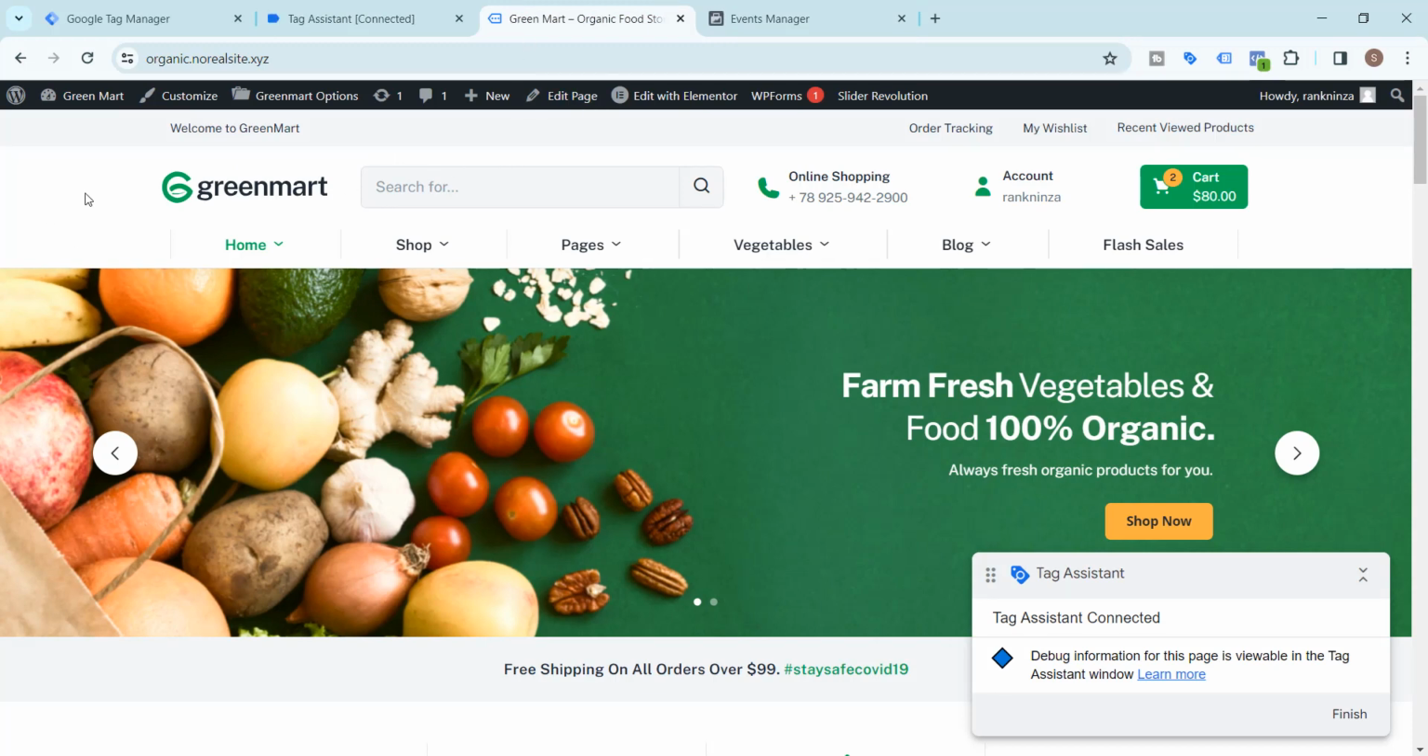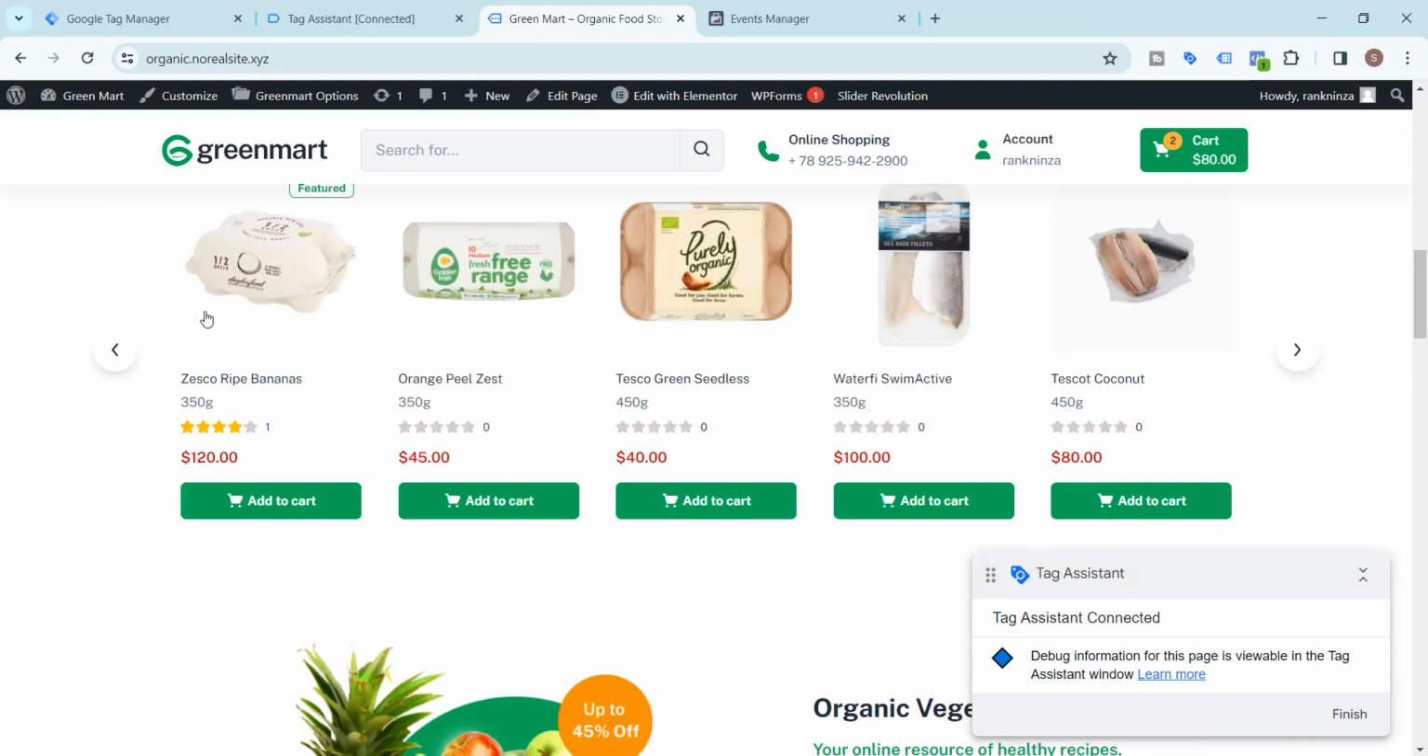In the next lesson, I will show you how you can track the view content or view item